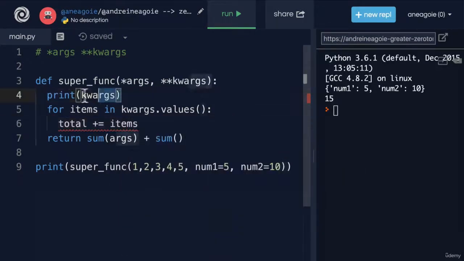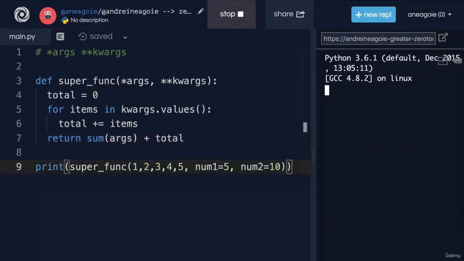And we'll add a total in here that is initially 0. So that sum will be sum args plus total. If I run this, I get 30,